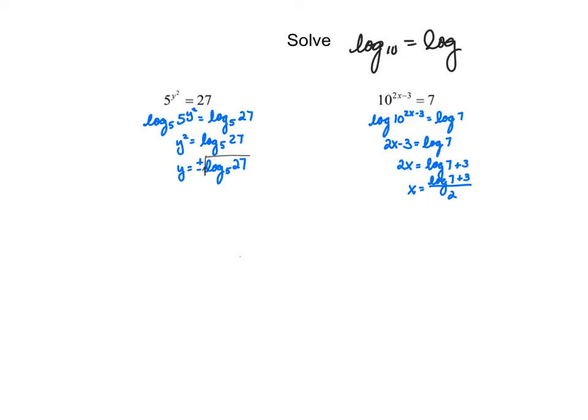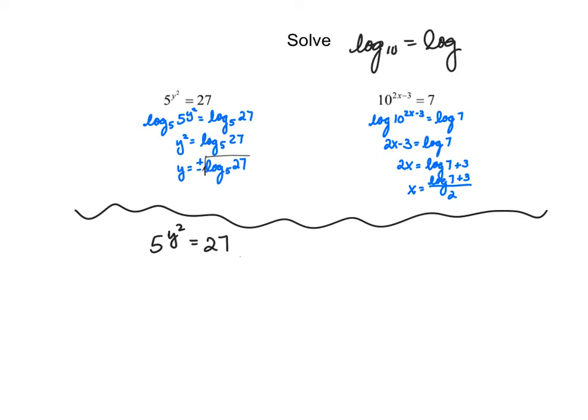Now, I'd like you to see one other way to solve these problems. So let's say we are solving 5 to the y squared equals 27. One other way to do this, as you get into upper level math, we primarily use log base e or log base 10, and more often than not log base e. You can solve this by taking the natural log of both sides, log base e,